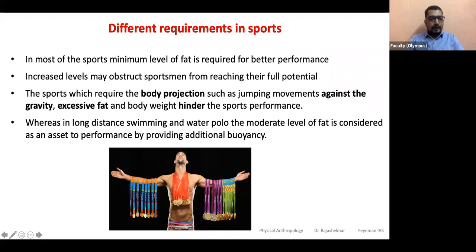Such body types are able to perform better. That is what you notice with Michael Phelps as well. His body is designed in such a way that a little amount of fat helps him to do wonders in water as a swimmer. So what are we learning here? A little bit of fat is required, and how does fat help? Scientifically, it provides the extra buoyancy or uplift that is required for swimmers.